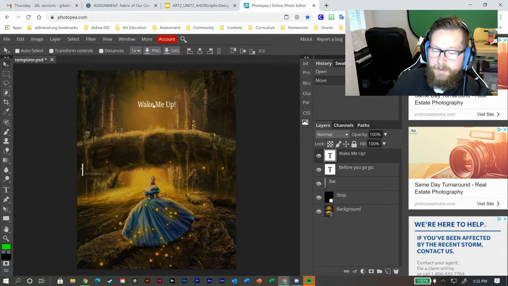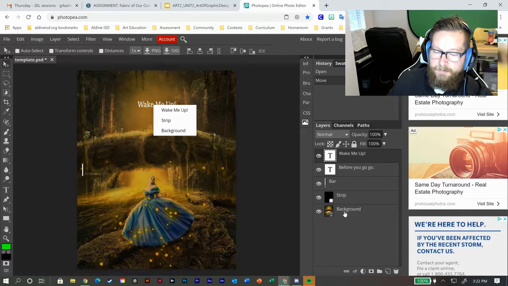by the following. So when you right click, you'll see that Wake Me Up is on the top, followed by the strip, followed by the background, and that corresponds to Wake Me Up, strip, and background. Now the reason why, it's because it's based on where my cursor is at. I'm not over top of the bar, because it's over here. But if I brought this back